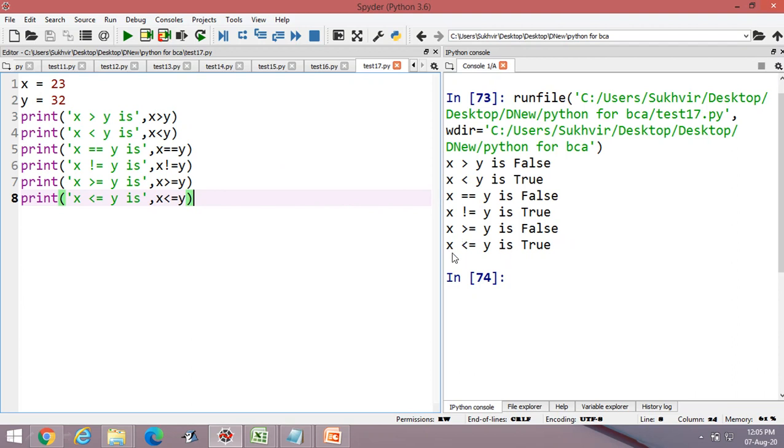Then 23 less than equal to y: the first condition holds good and the second is not true, that's why the answer is true. Only one of the conditions should be true, only then the answer is true.